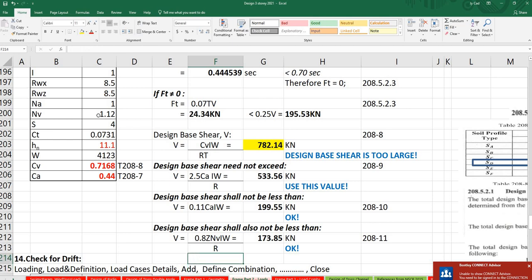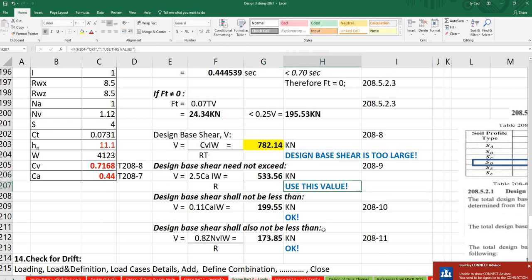Next. So take note na yung ating design base shear 782.14 ay mas malaki dito sa 3 conditions na yan. Kaya, pipiliin mo ngayon yung pinakamalaki dito sa tatlo. Okay, so therefore, we will use